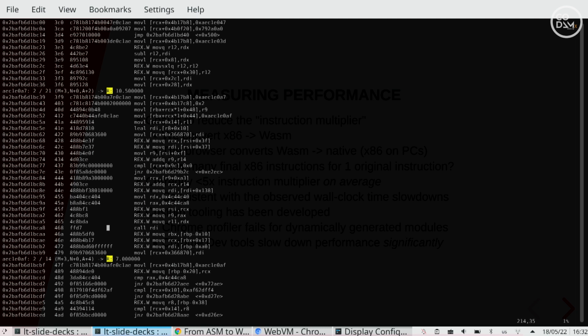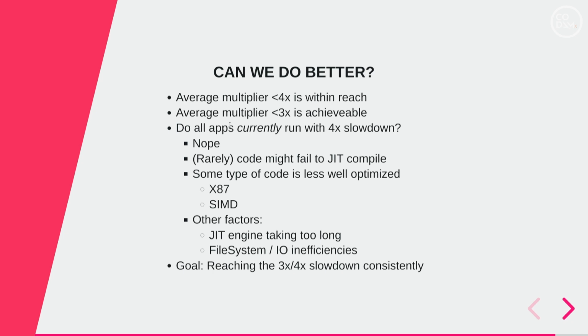But I already have some ideas about something we can do, mostly by taking advantage of extensions of the WebAssembly standard that would make it possible to remove some of the extra checks here to get to a better result. What is the objective that we want to reach eventually? So as you can see, it's fairly within reach to reach a 4x multiplier. And I think that in the future, with enough work, we'll probably reach a 3x multiplier. Getting below that, it's always possible. It's going to be more and more difficult over time.